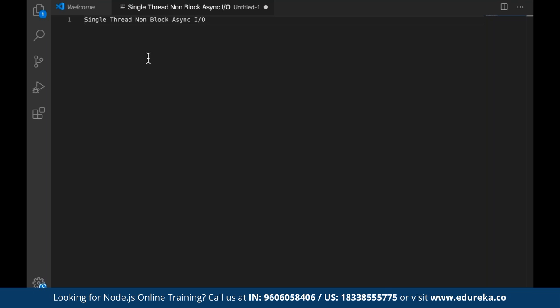Single thread. Basically what it does, guys, is that all the requests that you make are taken over by the single thread. First of all, it processes in an async manner. Async means that multiple requests can be processed at one single point of time, because they don't block, they don't wait, they don't ask someone to wait, so they keep on going. Without waiting for one thing to get completed, it processes that request. Then non-blocking, because they're not blocking.